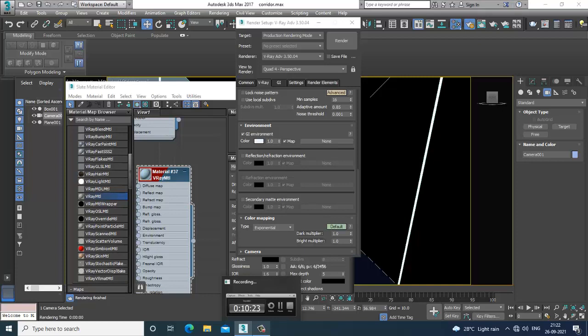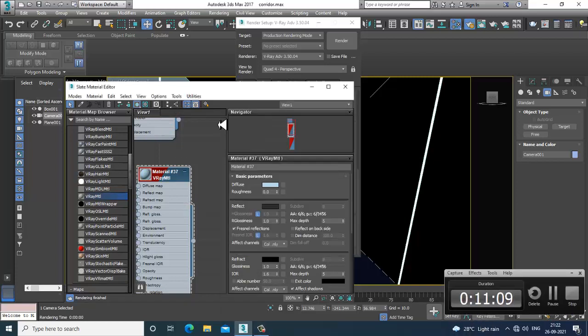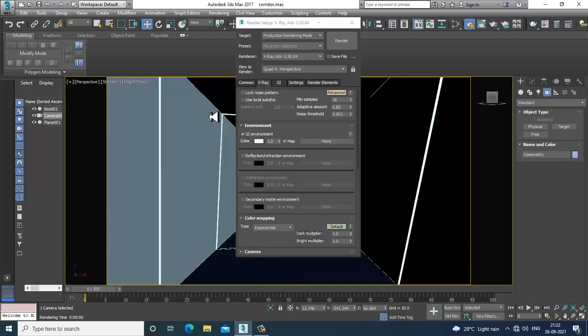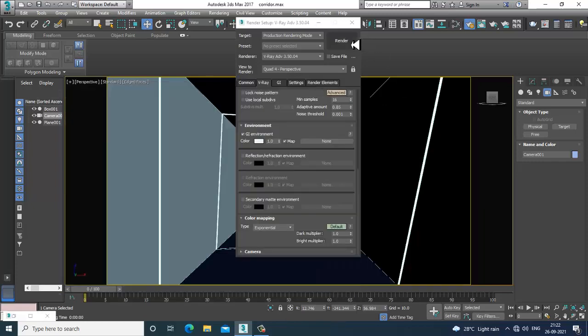That can be added. So let's see how it looks. But it's no use. Alright, I won't add it right now. Just let it render.